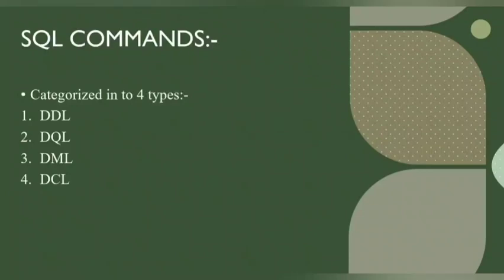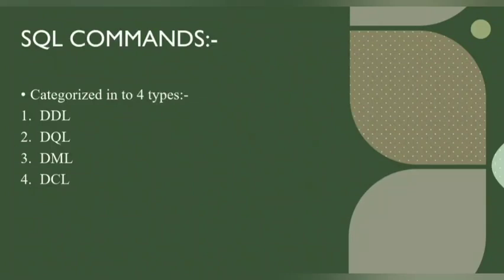And one more thing is data manipulation language, which is DML. Manipulation, as the name itself says, means changes, so changes in the tables or records. Under this category we have update, and if you want to add or delete or something else, all these commands will come under DML. And next one is the DCL, data control language. Here we have revoke and grant. These two commands will come under DCL.